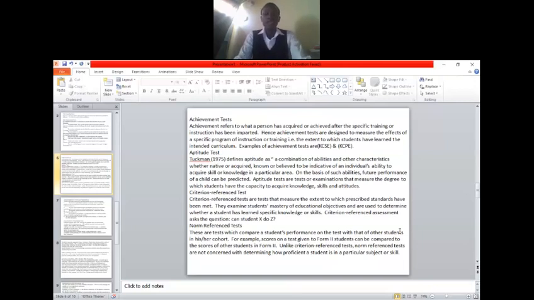We have the aptitude test. Tuckman 1975 defines aptitude test as a combination of abilities and other characteristics, whether native or acquired, known or believed to be indicative of an individual's ability to acquire skill or knowledge in a particular area. On the basis of such abilities, future performance of a child can be predicted. Aptitude tests are tests or examinations that measure the degree to which students have the capacity to acquire knowledge,